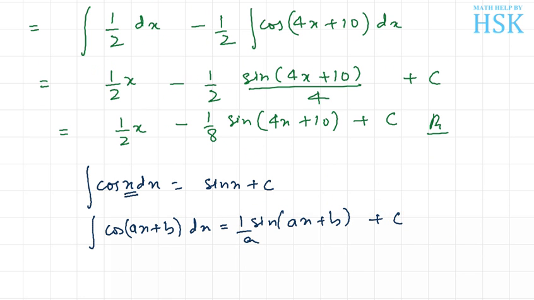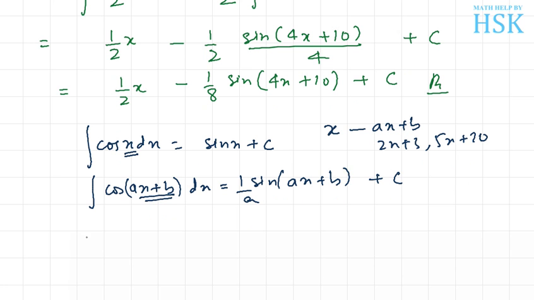So the idea is that as the integration of cos x is sine x, the integration of cos of ax plus b would be sine of ax plus b, divided by the coefficient of x. This is how we integrate it. This is the direct method of solving such a question. One thing to be noted is that x can be replaced by ax plus b, and ax plus b can be, for example, 2x plus 3, 5x plus 20, and so on.